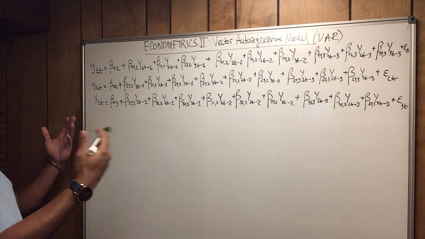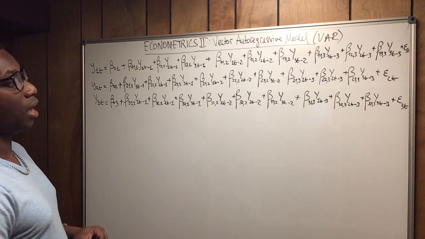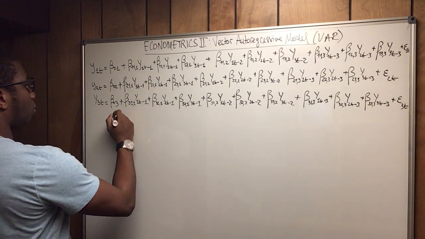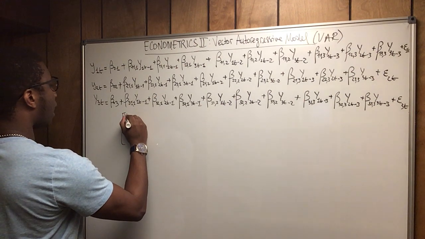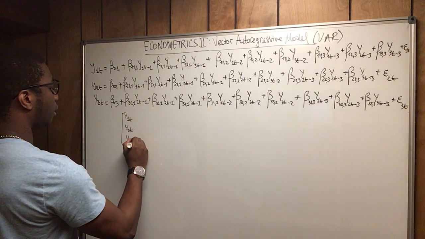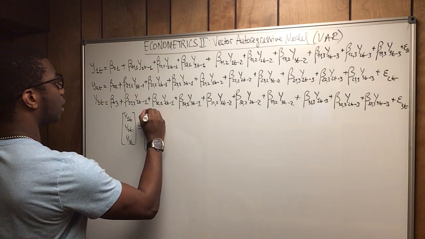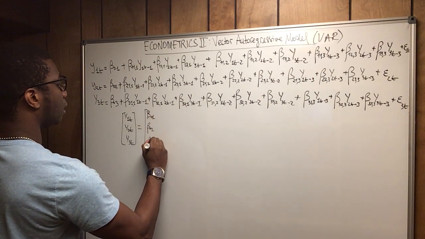And then we have to write that into a matrix form. How are we going to write that into a matrix form? The same process applies again. It becomes really easy. y1t, y2t, y3t equal beta 01, beta 02, beta 03